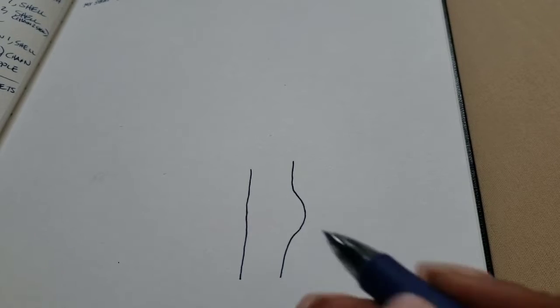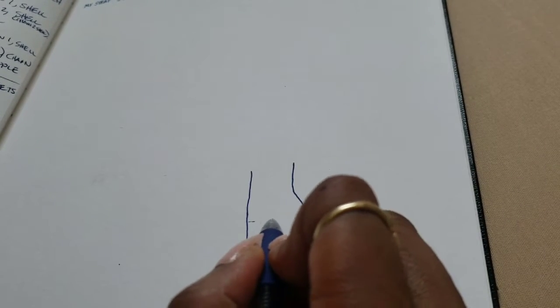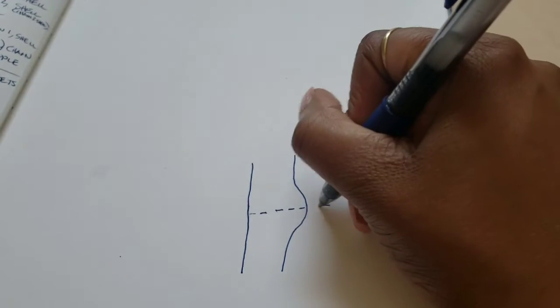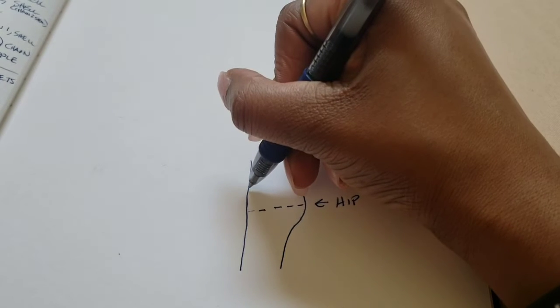So there's a few measurements you're going to need. The first one is your hip measurement. So that's the widest part of your hip. So you need to measure all the way around your hip. And then